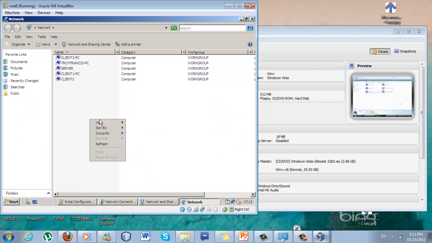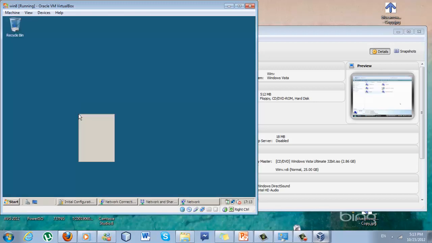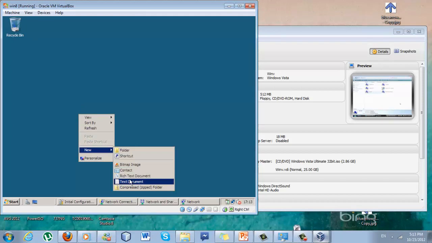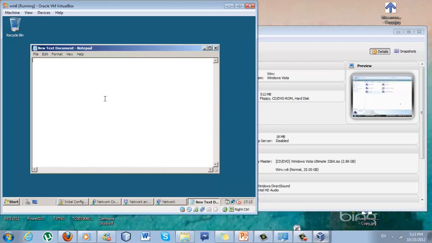Let's make a new document, and go to the home page, desktop. New text document. And let's just call it new text document. Open it. And let's type success. Save that